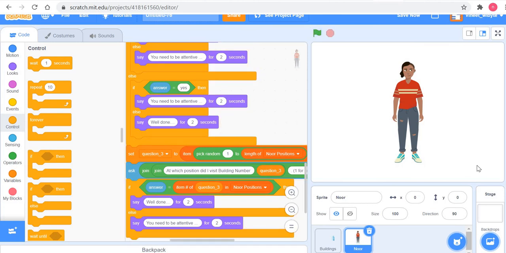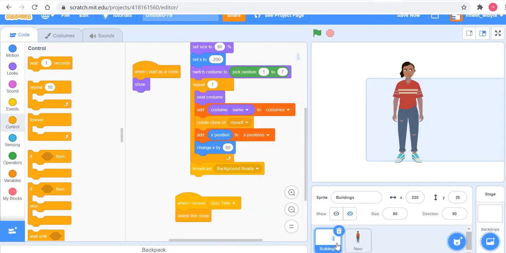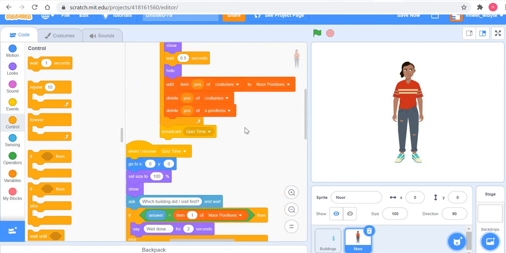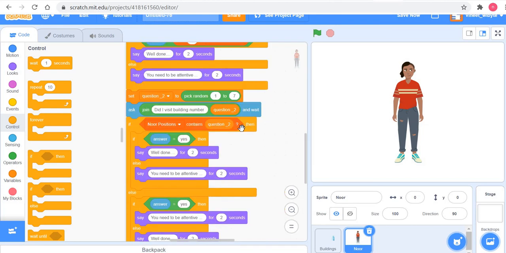So this simple game, this simple quiz, it's very basic in a way, but it illustrates concepts of lists quite powerfully. And I think it's a great tool for students to learn about lists, right? So we have used add things to lists, we have used delete elements of lists, like for example, we deleted position of list, we chose all these different features of lists, with the hope that you will get comfortable with using lists.